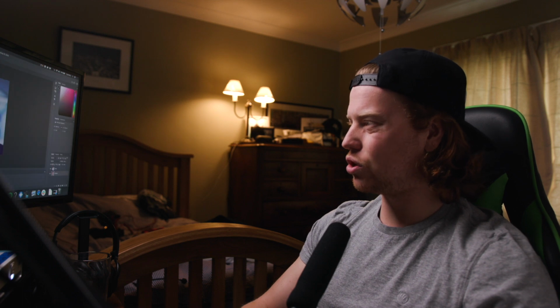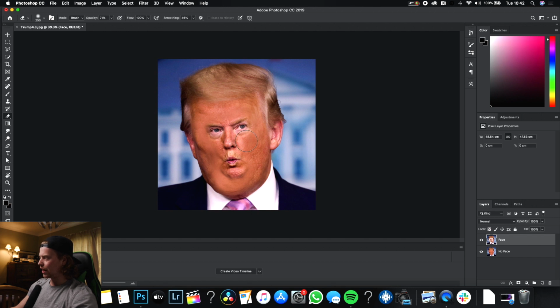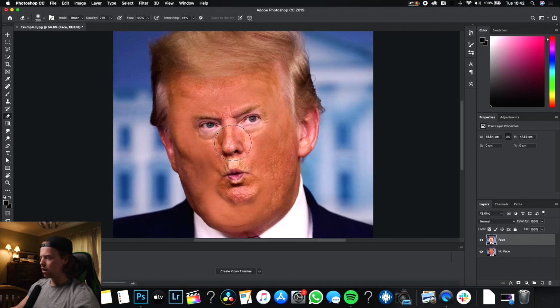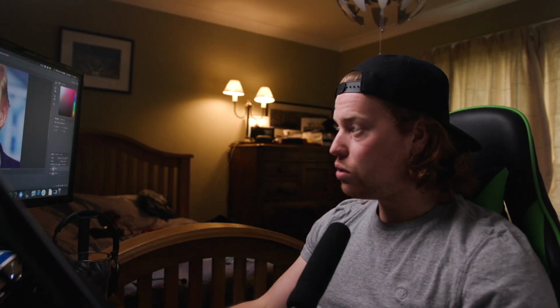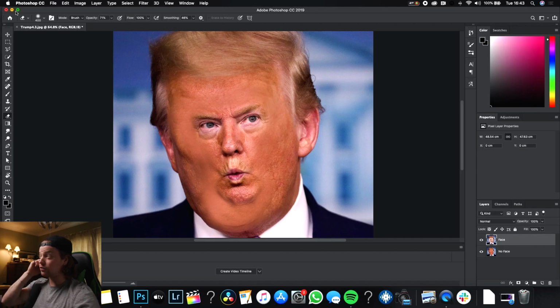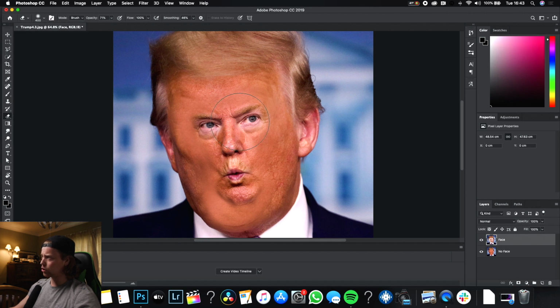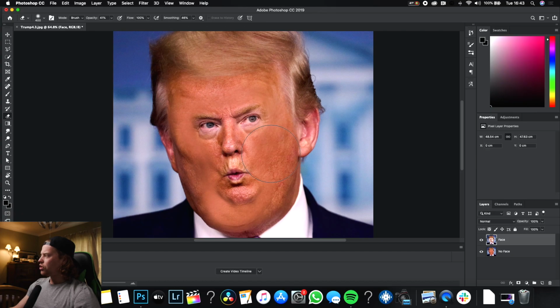But something you can do to try and blend the two a bit better is come back up to our top layer, which is our face layer, and we're just going to click the E key. Now, this brings up our eraser tool. Now, we don't want to start painting stuff out and getting rid of stuff totally. However, we do want to just soften all the edges. So, get yourself a soft brush selected, which is up here. Soft round brush when we're in the eraser tool. And bring the opacity down to maybe 40%. Mine's on 41. And we're just going to go into the cheeks,